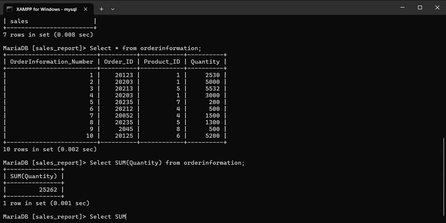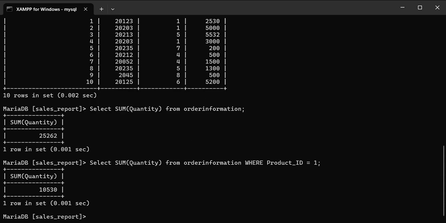So we have here SELECT SUM quantity FROM order information WHERE the product ID is equal to 1.